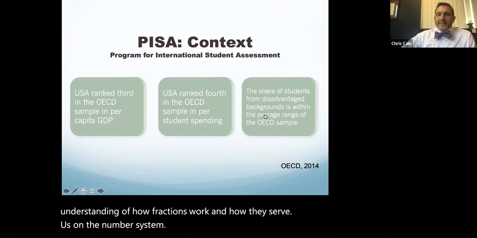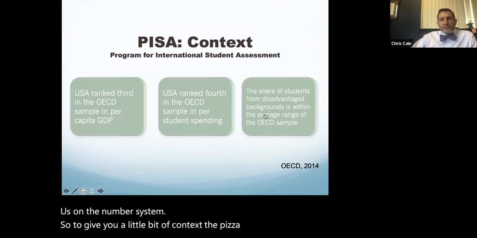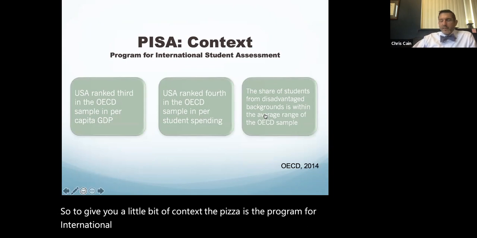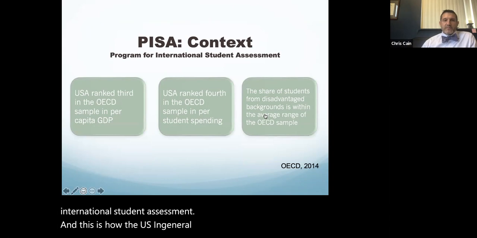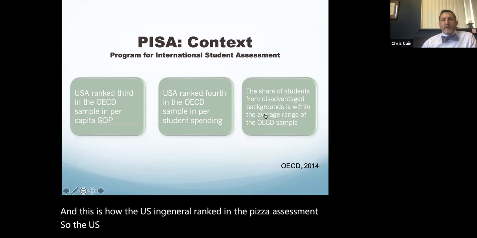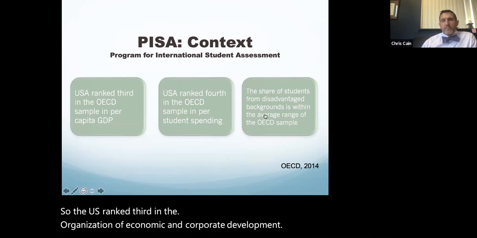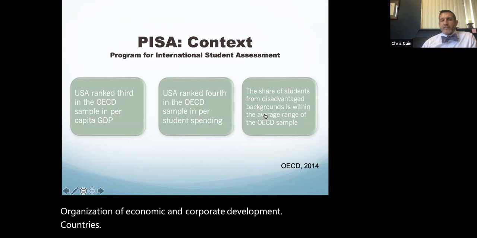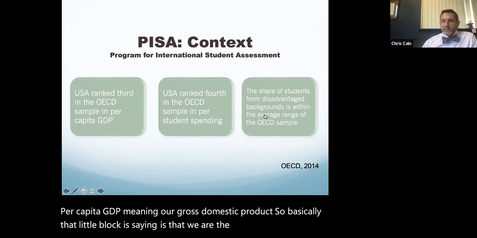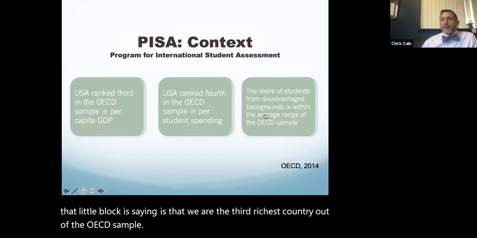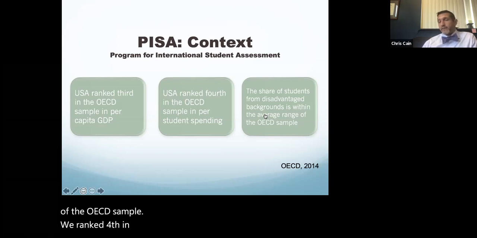So to give you a little bit of context, PISA is the Program for International Student Assessment. And this is how the US in general ranked in the PISA assessment. The US ranked 3rd among the Organization for Economic Cooperation and Development countries in per capita GDP, meaning our gross domestic product. So basically what that little block is saying is that we are the 3rd richest country out of the OECD sample. We ranked 4th in the amount of money we spend on our students,